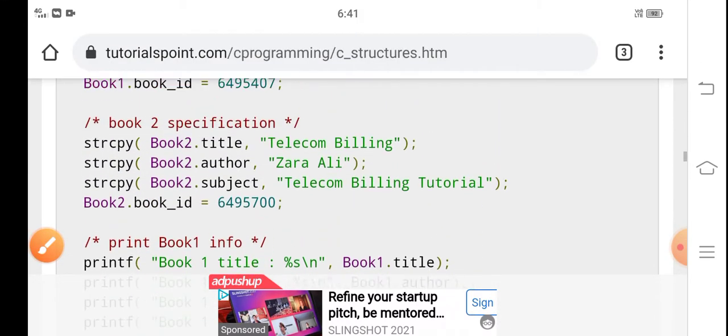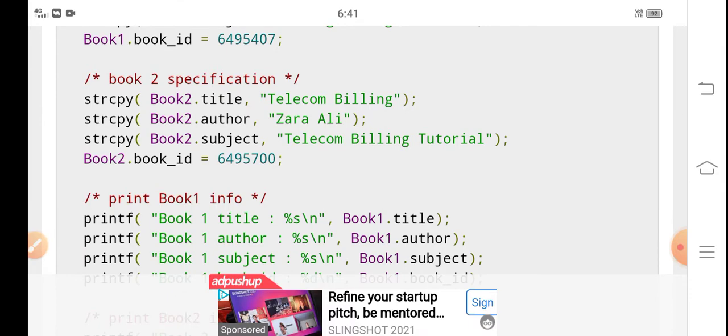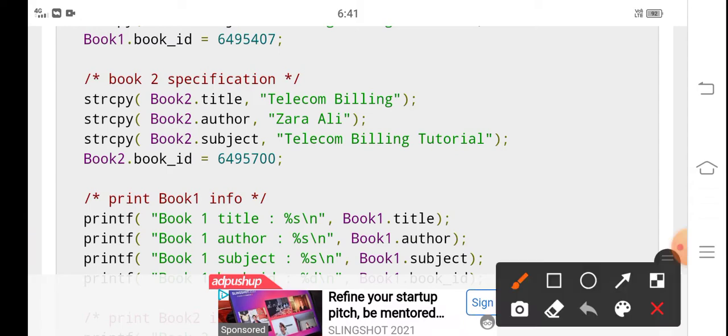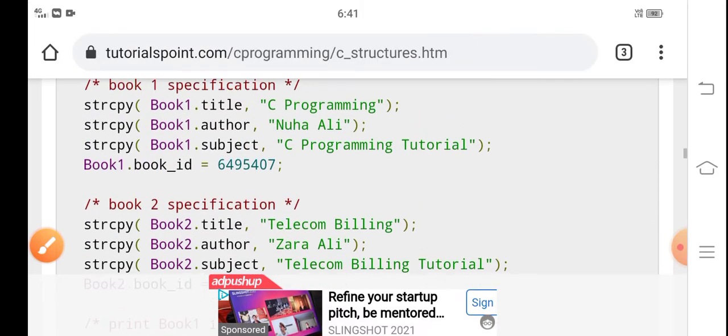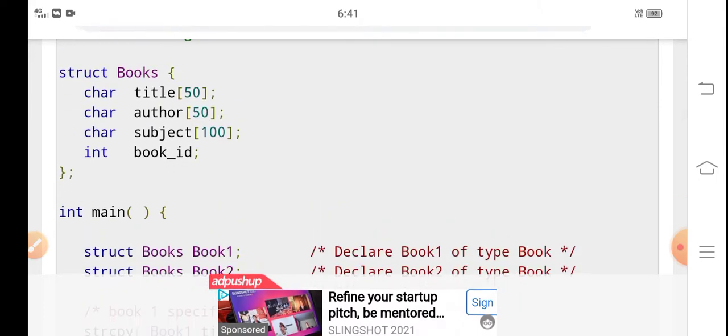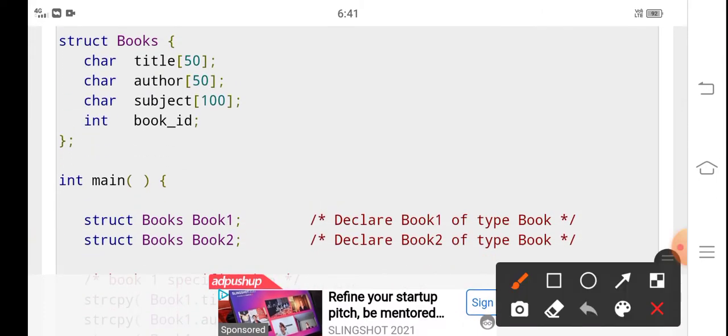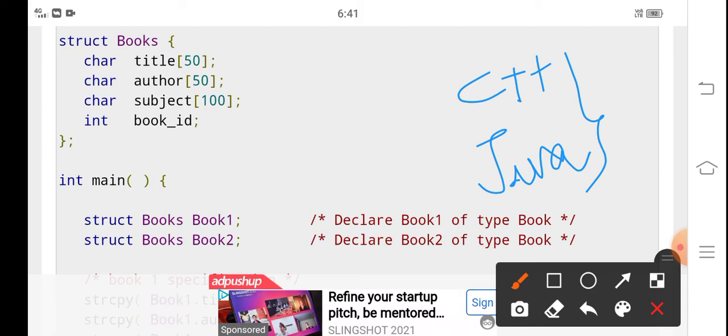So this is about structures in C language. Then coming to class. What do you mean by a class? A class is derived from the concept of structures, where a class is used in the extensions of C language, that is C++ and Java. But you are not familiar with these languages, so I need to explain the concept of class by comparing it to structures.